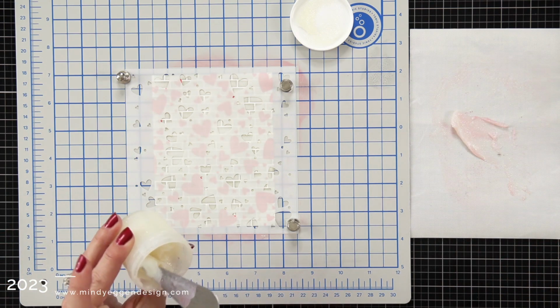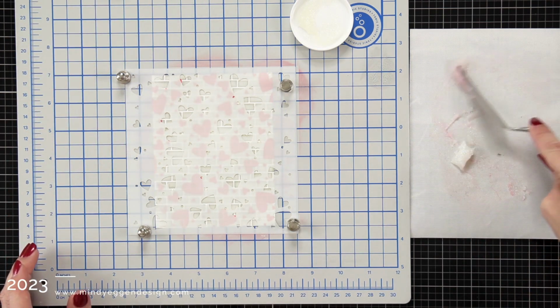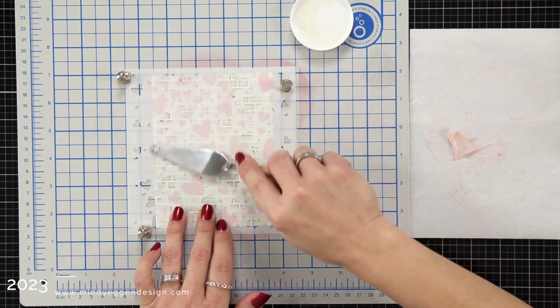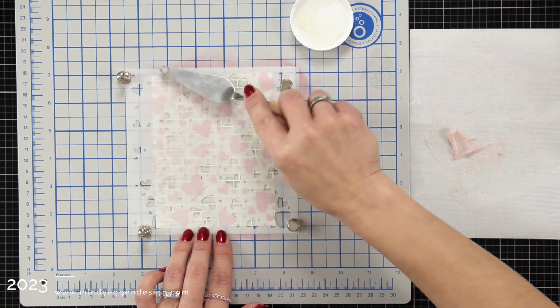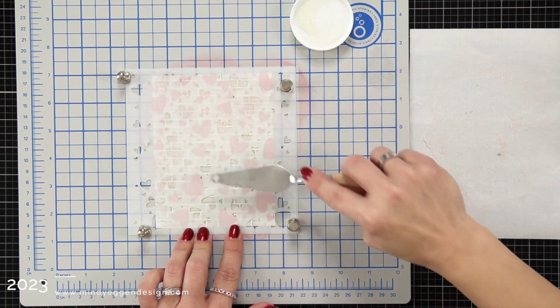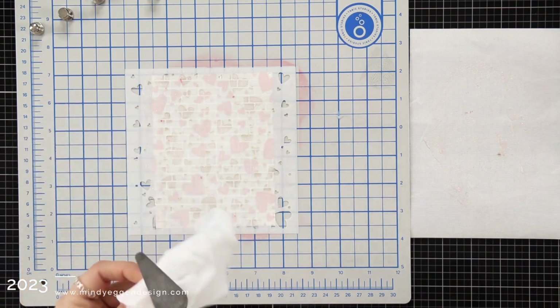Now, if I were to redo this, I probably would have grabbed guava or even cranberry, something a little bit darker. Now, in person, I can see this really well on the front of my card, but in the video and in the pictures, it's a little hard to see. It tinted it pink, which I think is a super cool technique that you can do so you can really customize your glitter pastes. I picked up that mixture with my palette knife, I spread it all over my background,